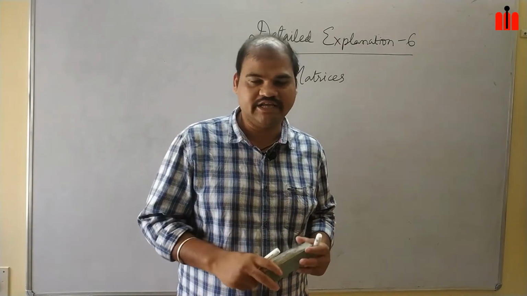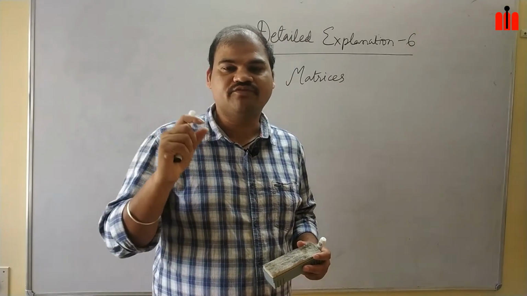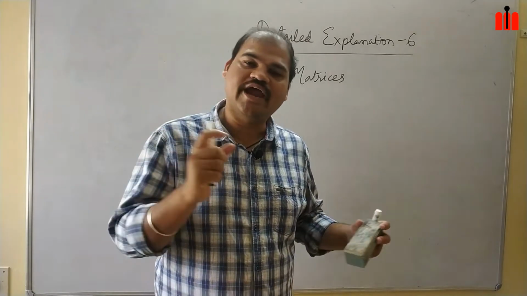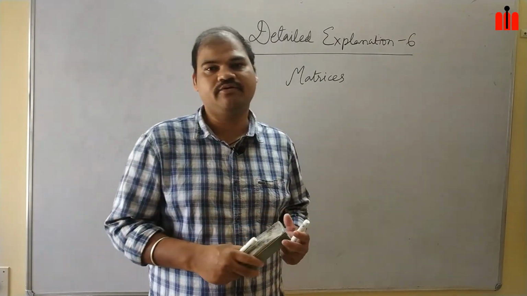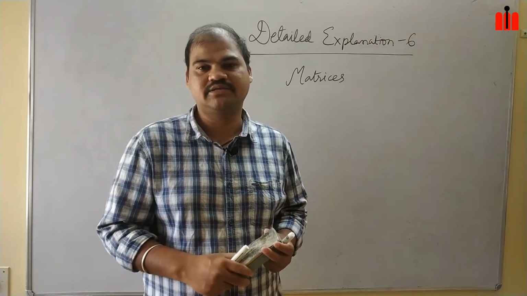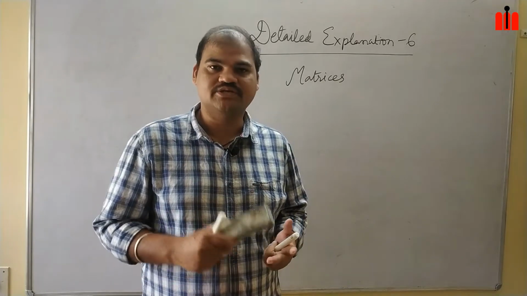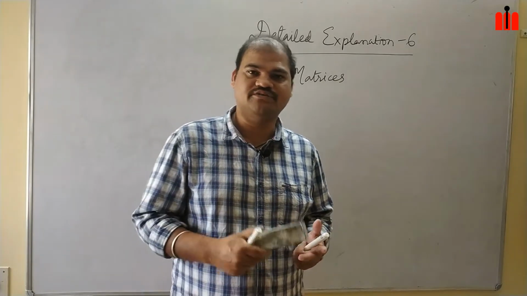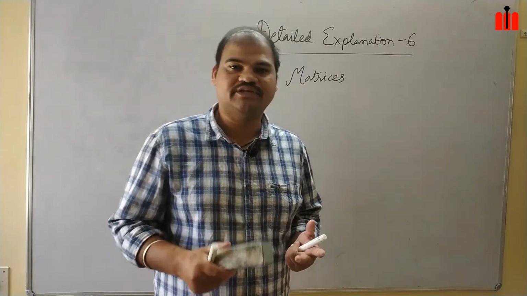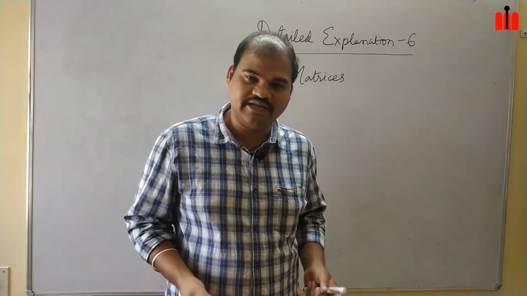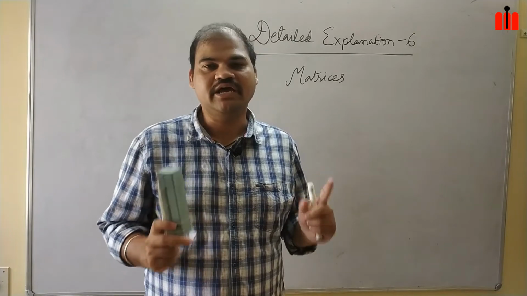In our earlier detailed explanation class, we had seen that the inverse of the matrix is found by adjoint and determinant. Okay, adjoint and determinant, that is one way of finding the inverse of the matrix. In this class, we will go through the row operations and column operations, that is elementary operations, which we had already discussed in our detailed explanation classes. Please go through that. Those elementary operations we will perform on the matrix, and after that we will see what the inverse will be.